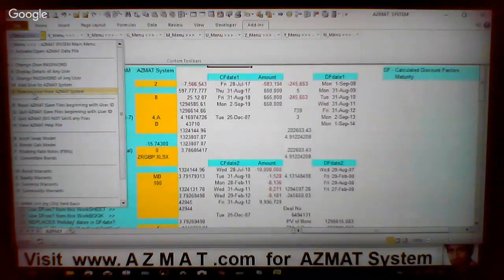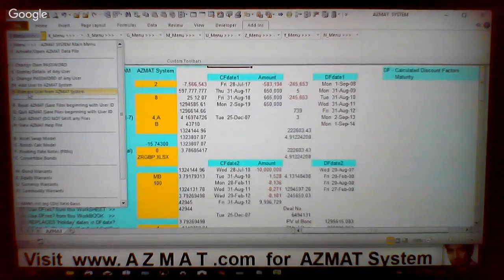With manager level authority you can carry on any of these commands, as you will be controlling AZMAT system on your computer. But if there were several users, as in a typical investment bank, there will be several dealers, maybe a senior dealer, a manager level, and also a senior manager for the entire